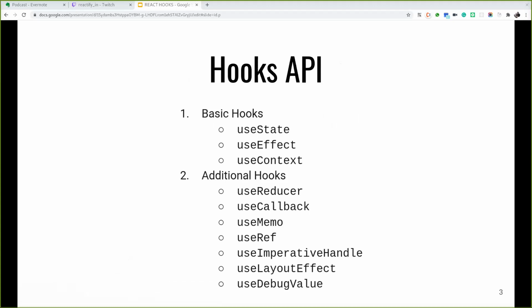So I grabbed this list straight out of the documentation page. There are three basic hooks: useState for state changes, useEffect for reflecting changes as an effect to some actions, or useContext for passing data through the component tree without having to pass props down manually at every level. These basic hooks are the things that we often use while programming in React. And there are a couple of additional hooks as well, which will be used for specific cases, without worrying about edge cases.